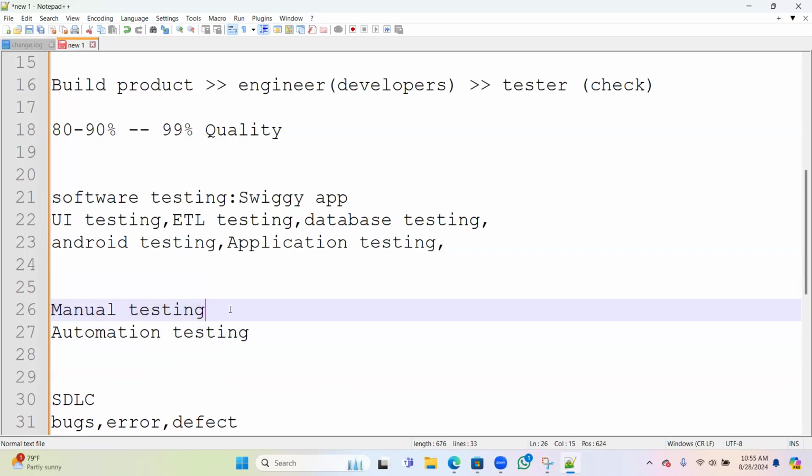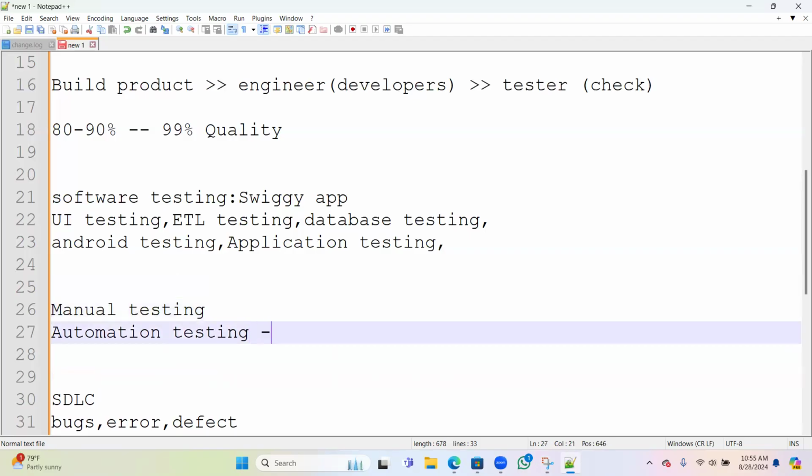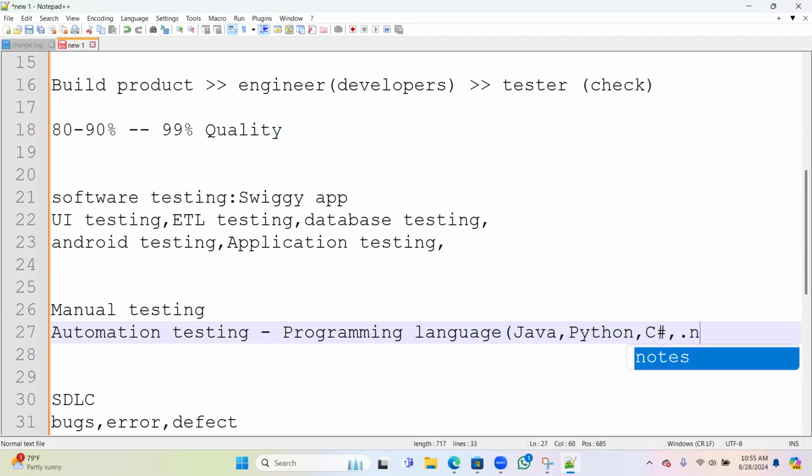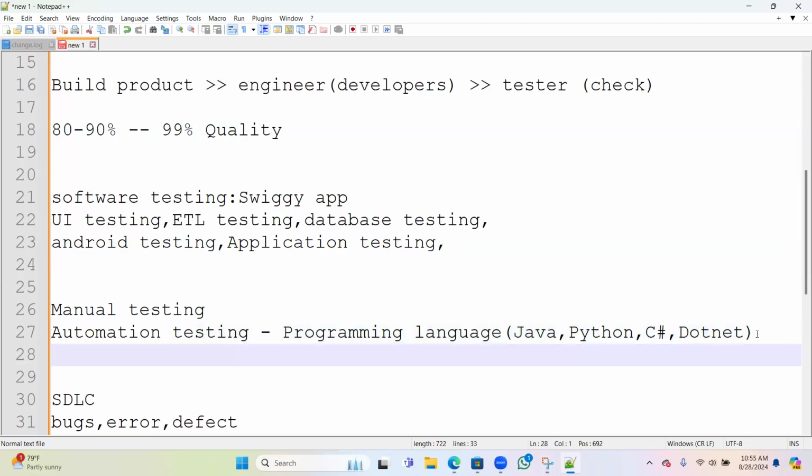Automation generally requires a programming language, like Java, Python, C sharp or .NET. You need a programming language to run automation, meaning you need to write the automation script.